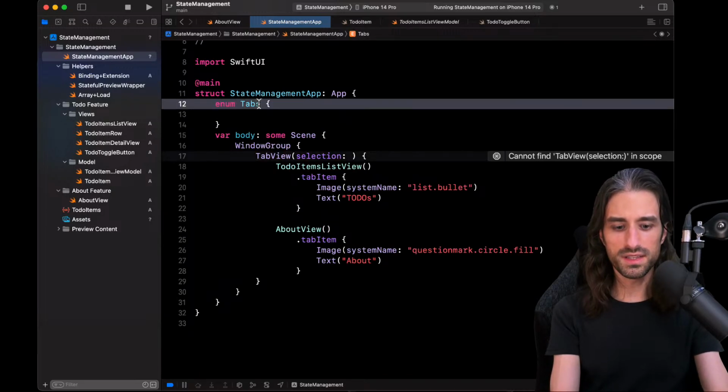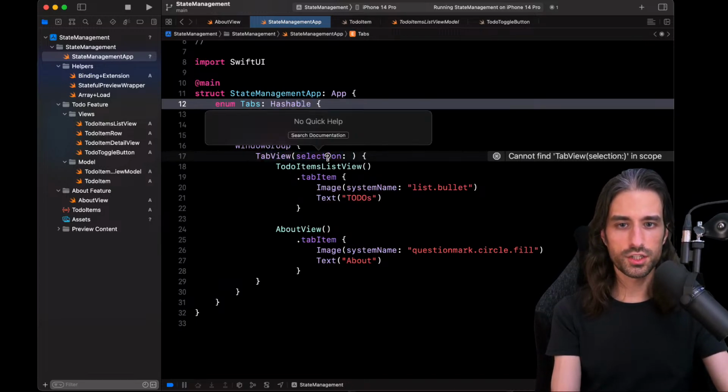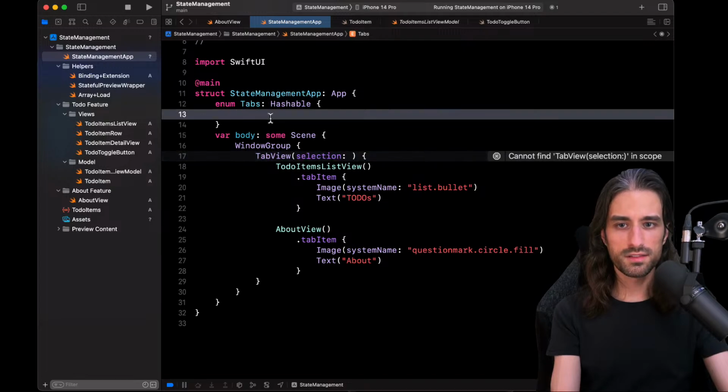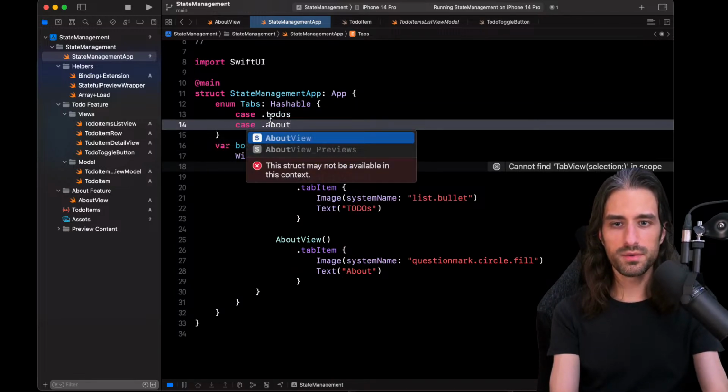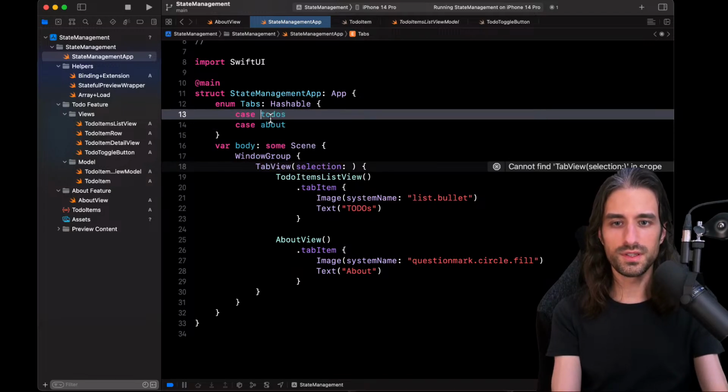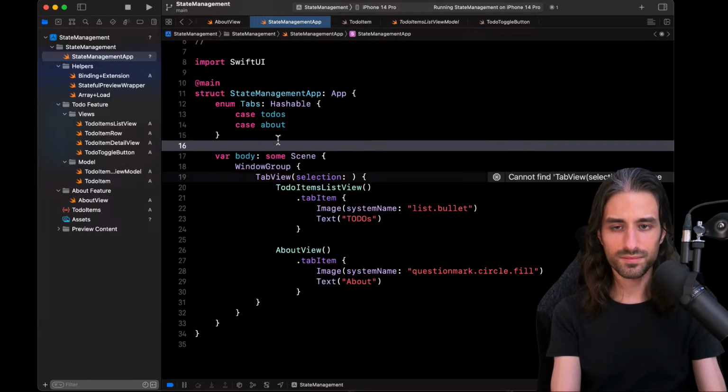I'm going to need to make this enum hashable because tab view selection expects something that is hashable. And so I will have two possible cases: it will be either todos or about, and I don't think you put the dot when you define the cases, okay?